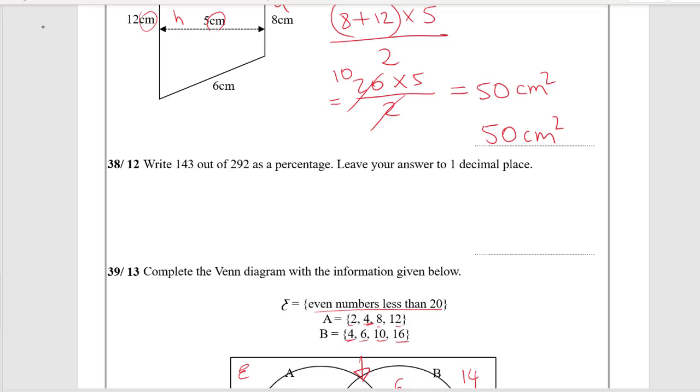Write 143 out of 292 as a percentage. Leave your answer to one decimal place. So 143 out of 292 as a percentage is out of 100 times by 100. And this question is actually telling you what to do. Pretty straightforward question. If you type this in your calculator, that will give us